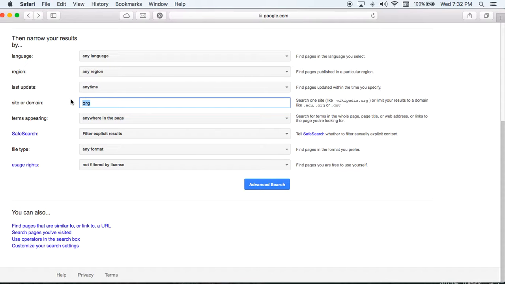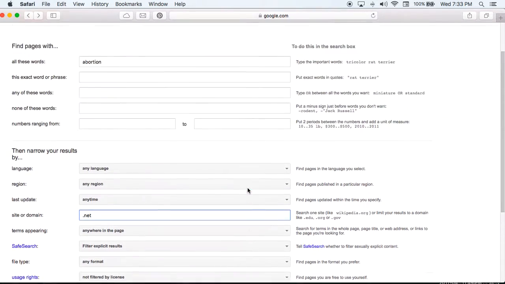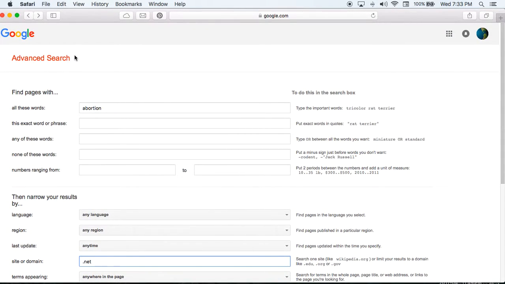Don't forget the other domains are .edu or .gov if you need the governmental perspective or statistics or what it knows about a particular topic. You would use .gov. Let's say the military has collected information. You might then use .mil or .net. And so that's just a few useful ways that you can really get a lot of good mileage out of